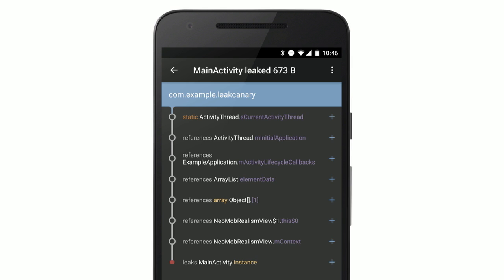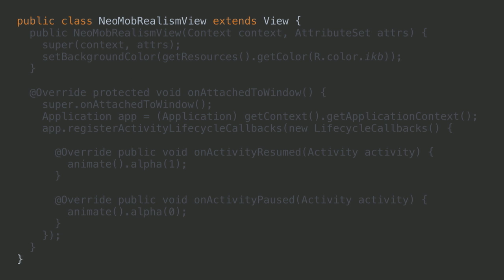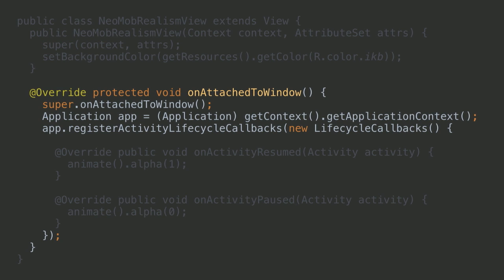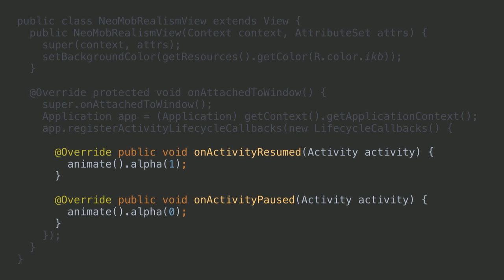It's called a leak trace. And so if I look at it the first time, I'm like, I don't know what any of this is, except I see at the bottom there's a class called NeoMob Realism View, and it's a custom view that I wrote. So I'm going to look at it. I'm like, OK, cool. What's this view? Well, it's a view that sets a background color in its constructor, and then it does something amazing, which is it registers an activity lifecycle callback when it's attached to the window,